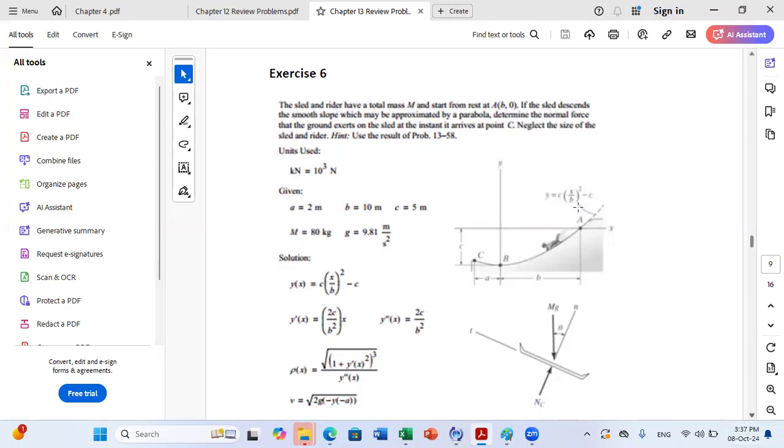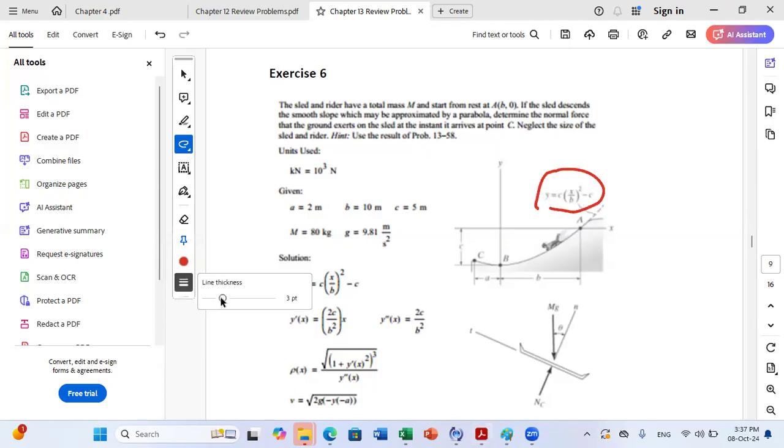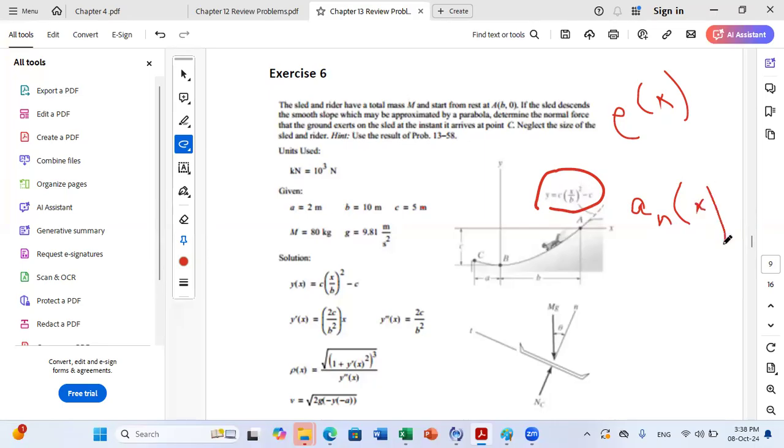you know that in this case, why can we think about normal-tangential coordinates? Because we said that whenever we know the path of motion equation, so here we have y as a function of x, you can find the radius of curvature rho as a function of x at any location. And this will give you the advantage of working in un and ut, because an at any point can be calculated if I know just x. It's equal to the velocity at this point squared